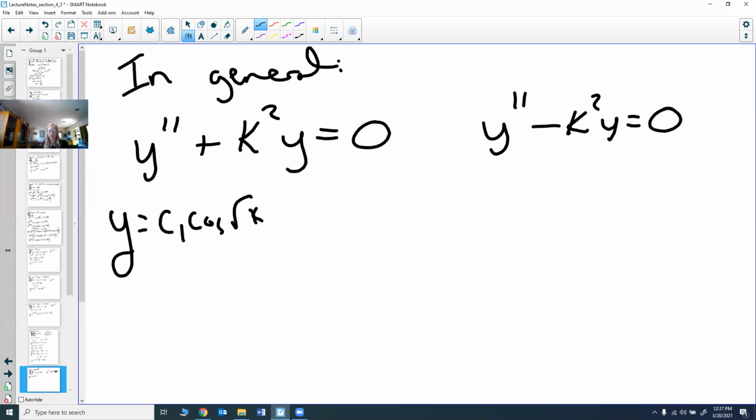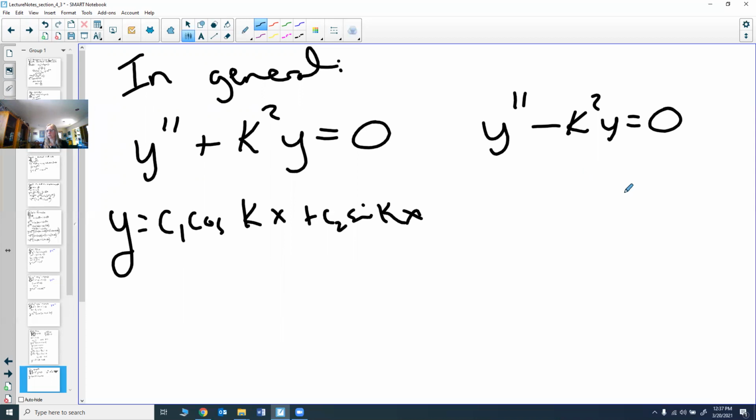square root of k times x. I'm sorry, I already used k squared, so it's just k times x. Plus c2 sine of kx. If I were to solve the other one, it will give you 2 real roots, because you're going to get m squared is equal to k squared, so m is equal to plus or minus k. That will give you y equals e to the